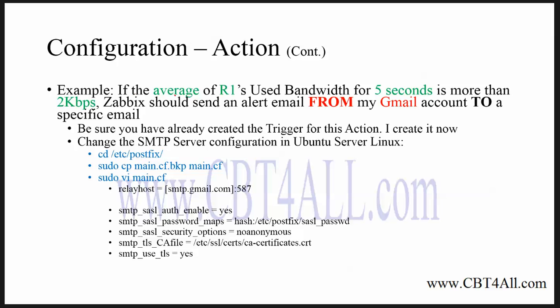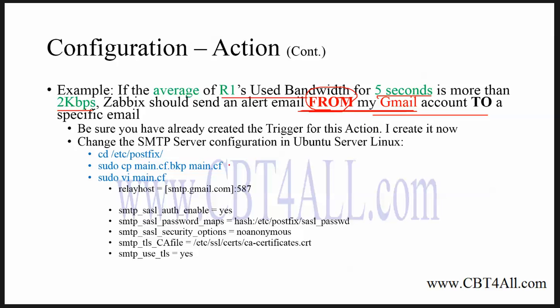Suppose that if the average of R1's bandwidth for more than 5 seconds was more than 2 kilobit per second, Zabbix should send an alert email. Please notice from my Gmail account to a specific email. So we should say, hey Zabbix, use my Gmail account